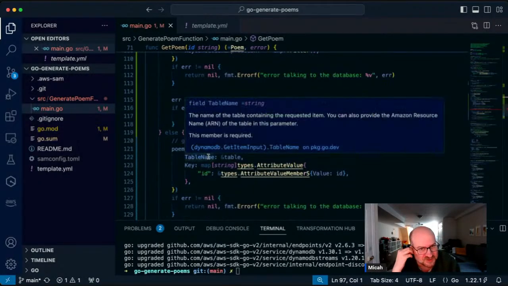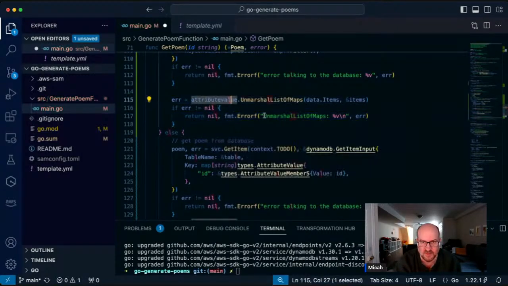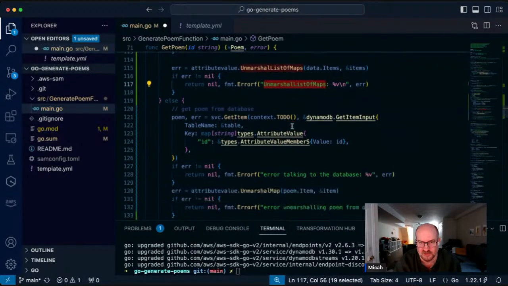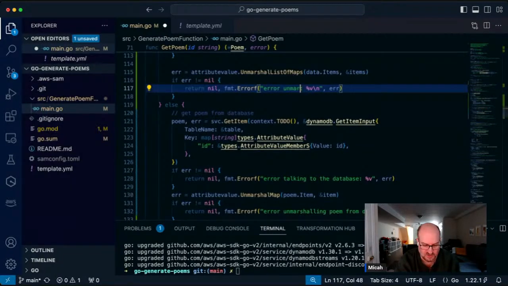But I don't want to return it right here. I want to return nil. I want to make this a little prettier. I want to say error unmarshalling poems from the database.